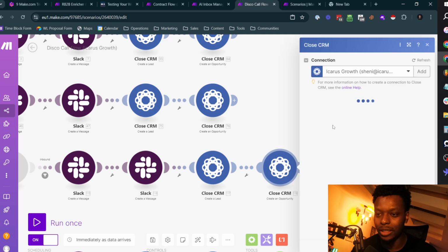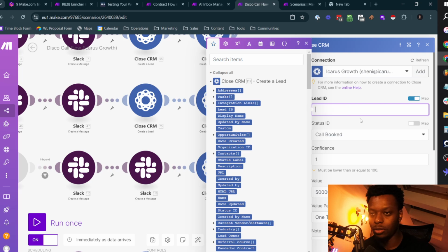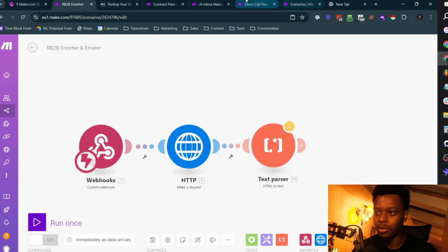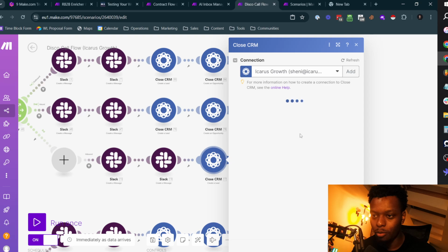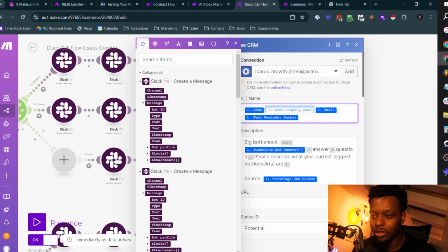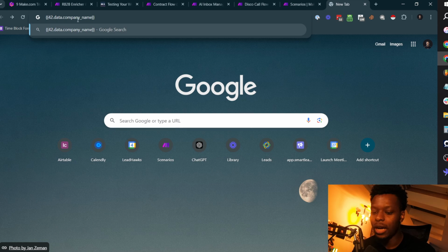But when we copy and pasted it, it didn't take this. So if I go here and I just come off of that and copy this, let me go back to this one and paste it, you'll see that we have 114.id. Now this is the raw value, but if you were to use an example from, let's take one of these hollow ones, 42 data company name. If I took that and then pasted that here,